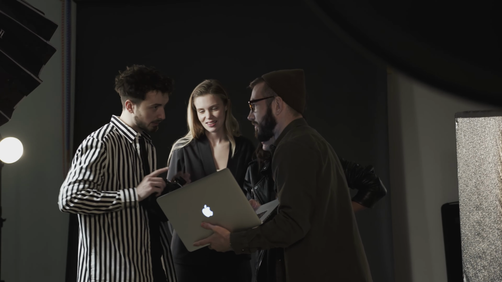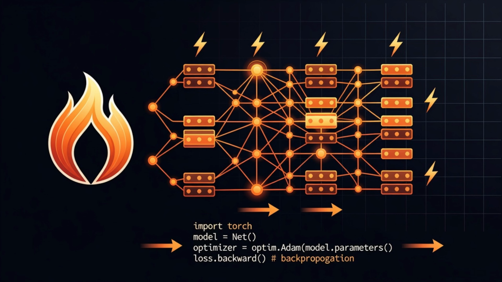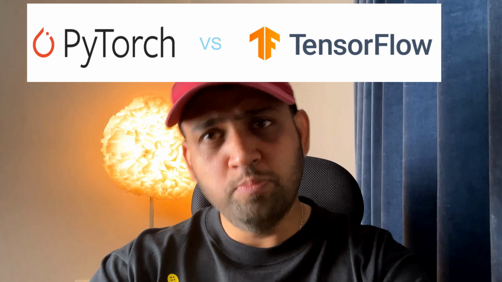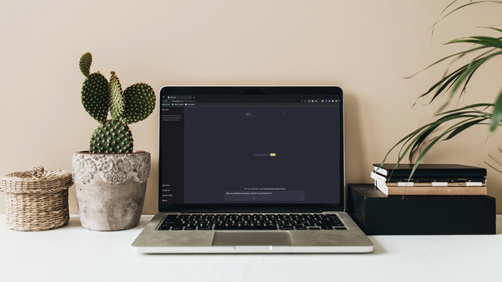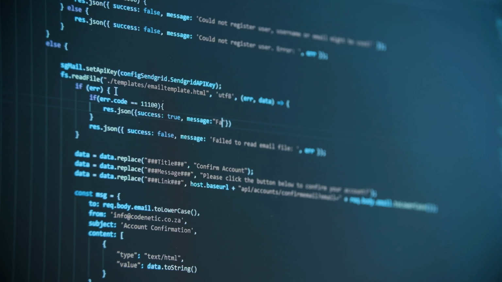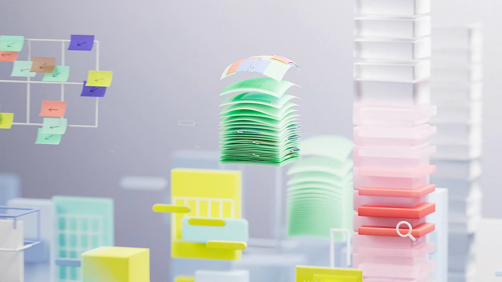If you have got into ML, now it's deep learning. For deep learning, the most powerful package right now is PyTorch. If you have heard about deep learning, I think there are two major packages that are leading: PyTorch by Meta and TensorFlow by Google. But if you ask me, PyTorch has taken a leap ahead and it is one of the most favorite packages out there in deep learning. If you want to use any deep learning based model, like a computer vision model for object detection or image segmentation, or an NLP based model like transformers or any diffusion models, in the backend it is PyTorch. So yes, PyTorch is one of the most powerful packages out there in deep learning.